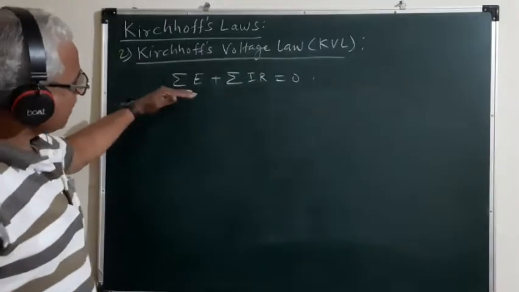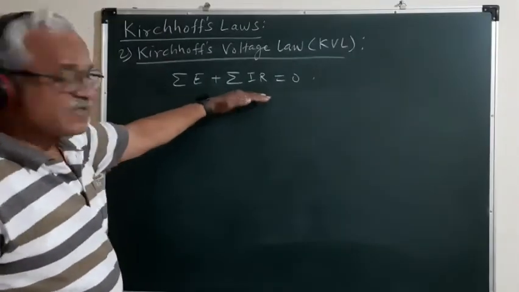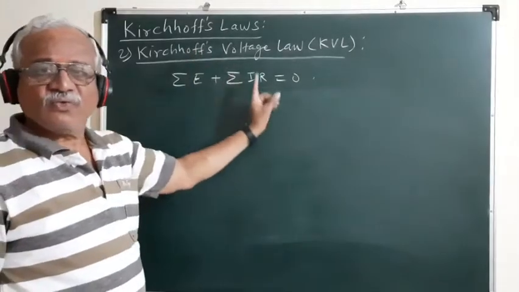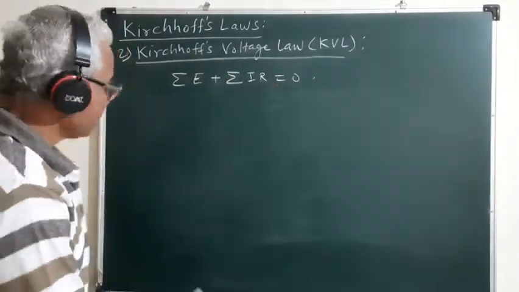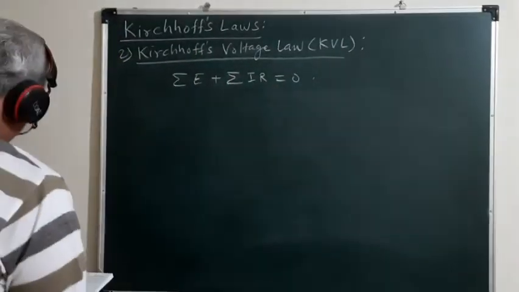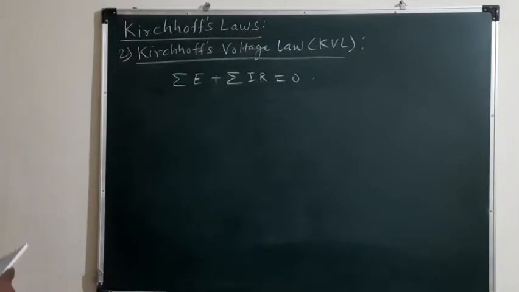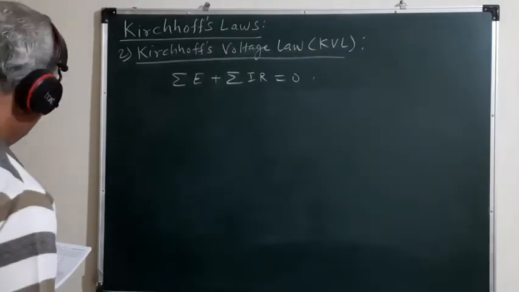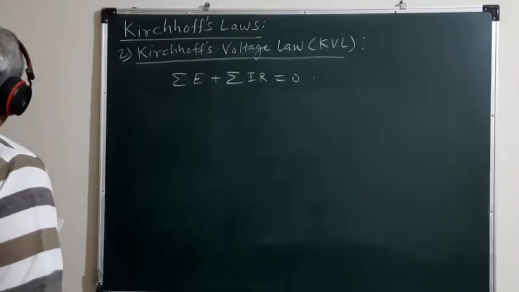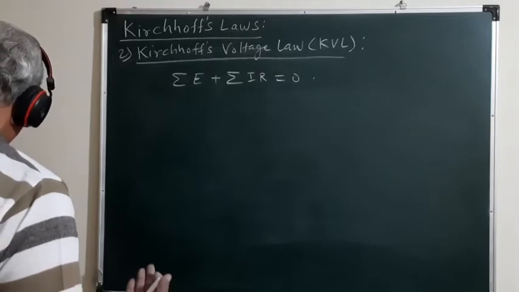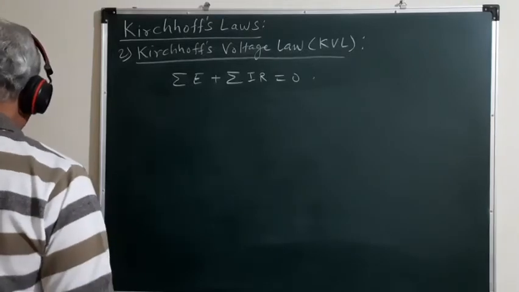And the summation E plus summation IR is always equal to 0. So that is the Kirchhoff's voltage law. While applying this Kirchhoff's voltage law to a closed loop,